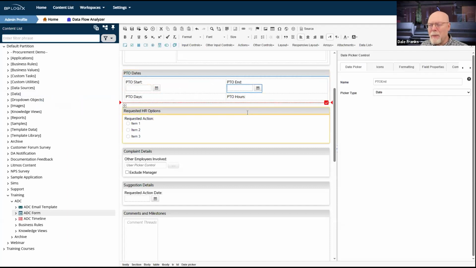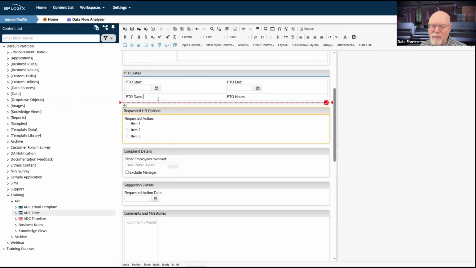There's actually a couple of ways that I might want to implement this. Once I start dropping in a date diff here, and I start doing a calculation here to calculate the number of hours as well as the number of days, I want to make sure that this is going to work properly.